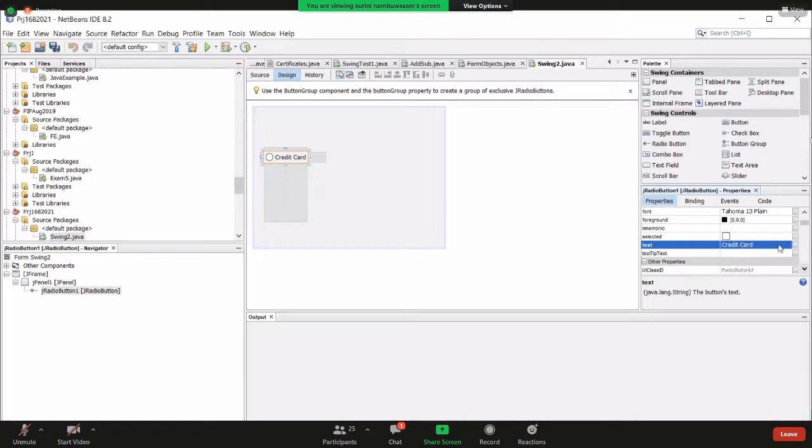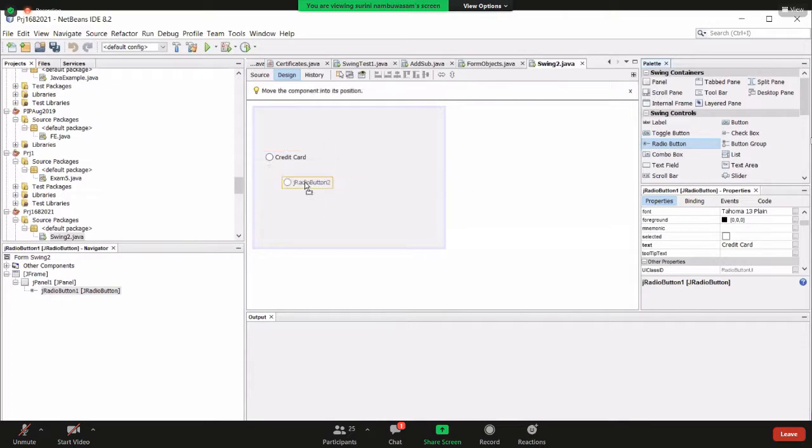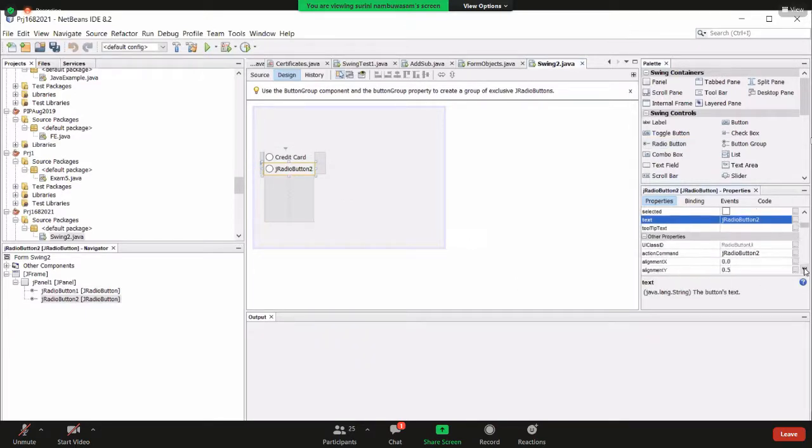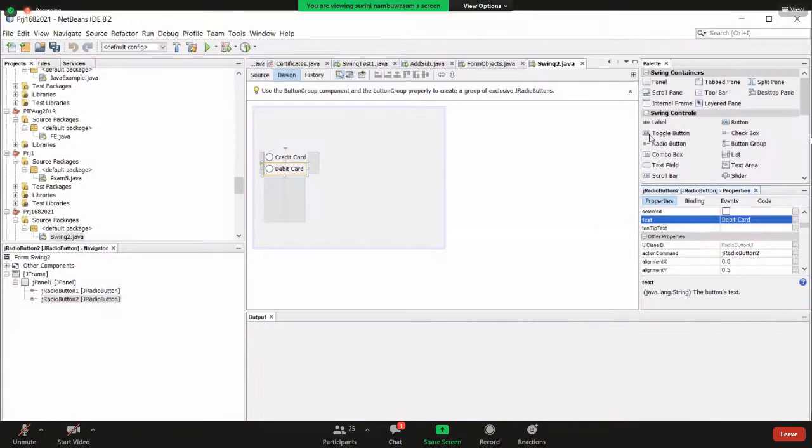Then I will drag another radio button onto the form. This button's text will be debit card. The third button is for PayPal.